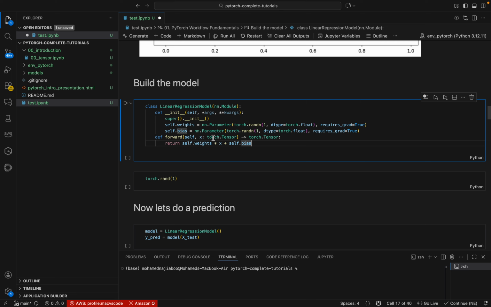Here we are initializing self.weight and self.bias. We are setting nn.Parameter with some random value for weight, and similarly for bias we are giving some random value. Here we can see we are keeping the data type as float, and we set requires_grad to True, which will help us calculate the gradient. Okay, so once that is done,